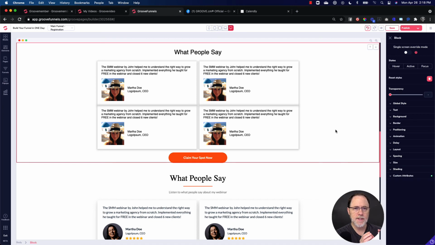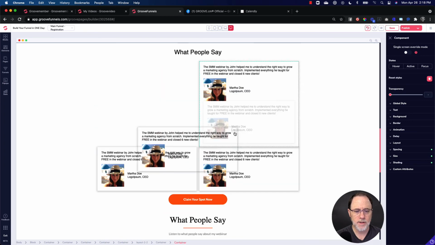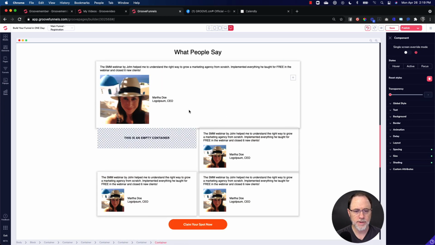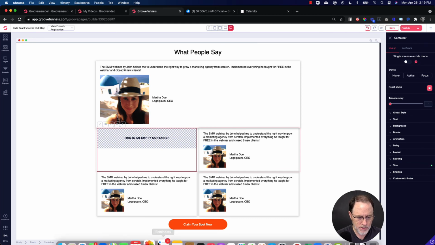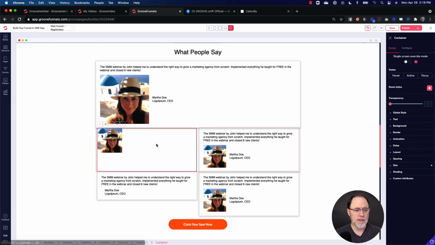Always put that second container inside the original one, do all of your additions within that container, then duplicate that container and move it over. And the final thing I'll say is the reason for that, I'm going to go here and show you why that's important. I'm going to grab this and move that container out. That's the container that was inside. So this is the base container that came in with that layout. If I have something in there, like I'm just going to grab a picture, put it in there. Okay, if I have something in there and I want to duplicate, this is the original container, and I click duplicate,